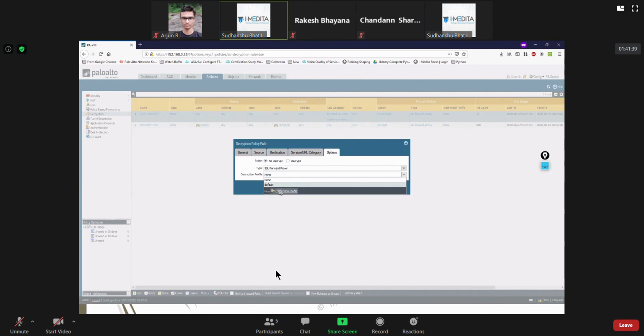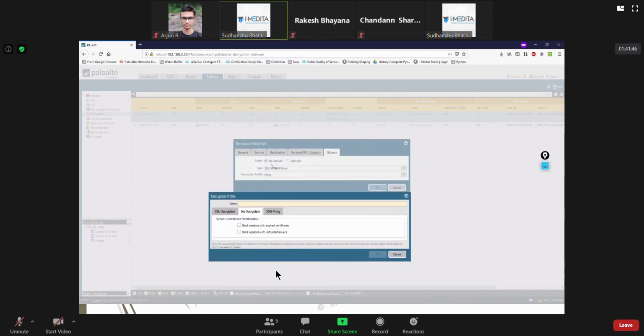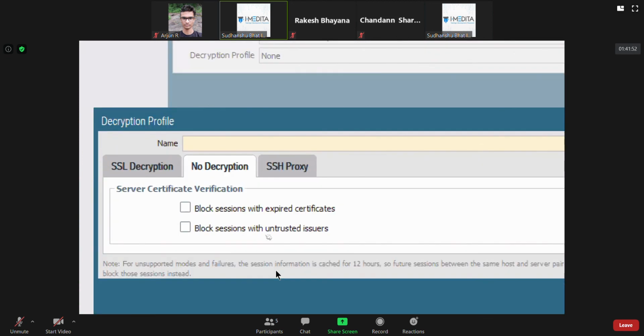Why? See, even for these healthcare and financial websites, do you want to allow people to open websites whose certificates have expired? Like suppose there is a bank lazy enough, maybe a small time bank, to not update their certificate, and their certificate is expired. Do you want to block that session or not?